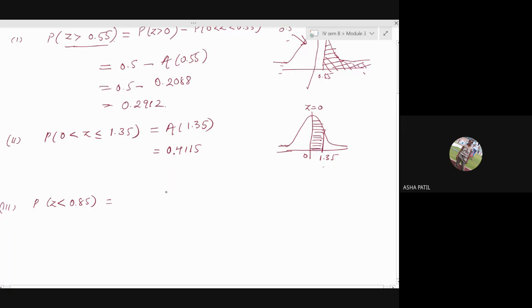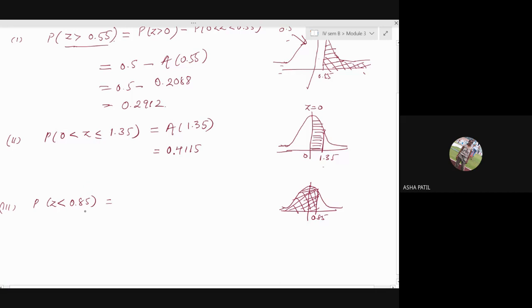All the values are in terms of 0 point only because you are writing probabilities. So it can't exceed 1. You should have 0 point only. The probability that Z is less than 0.85. Again, let me draw a bell-shaped curve. Now this is our 0.85. Now we want Z less than 0.85. Less than means it is towards the left side of the probability curve. We want this region.